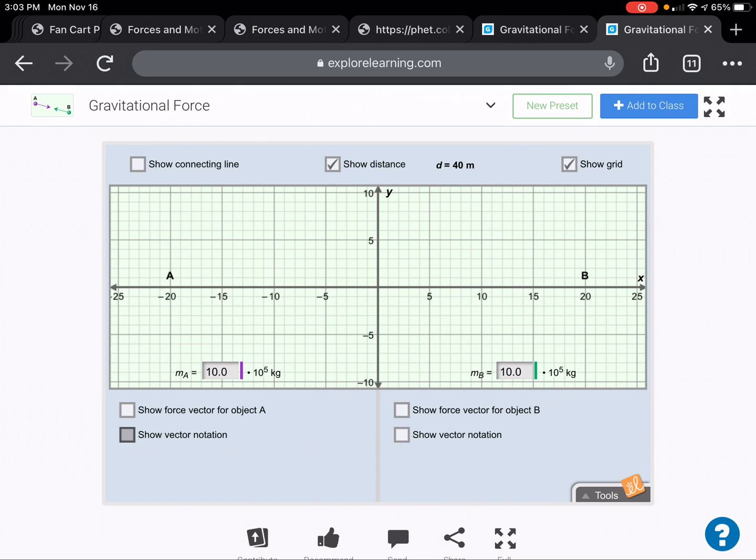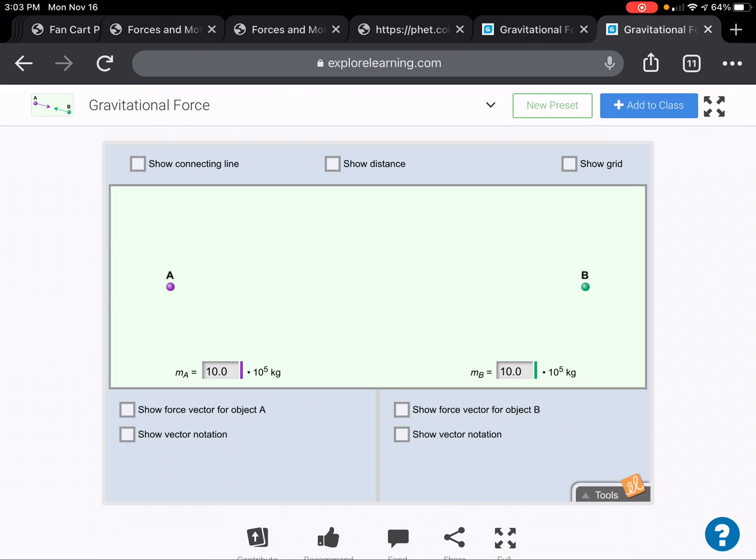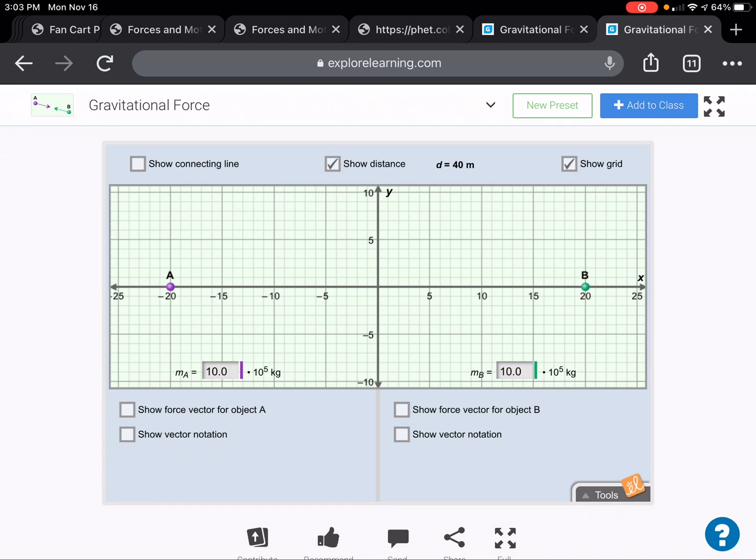There we go. Okay. Show vector notation. And again, let me put object A, show connecting a line. Okay, A to -10, B to 10. And we can see the force vector, the force on A is